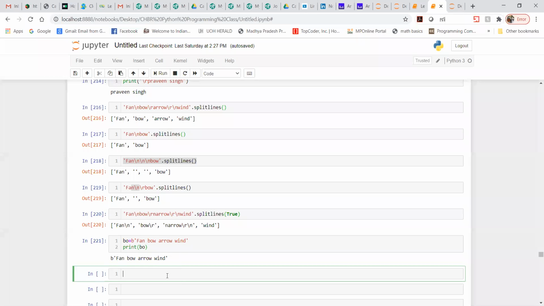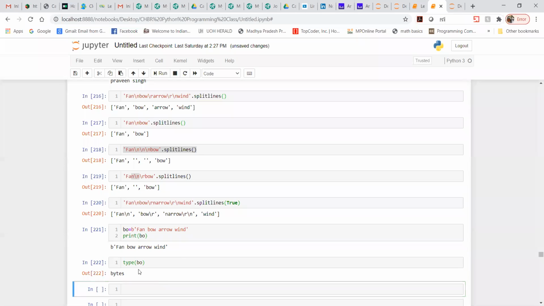How many of you remember this? I will use type. Nobody has raised their hand, nobody is doing revision. So you can see I have written type, and it says it is the bytes type. Okay.